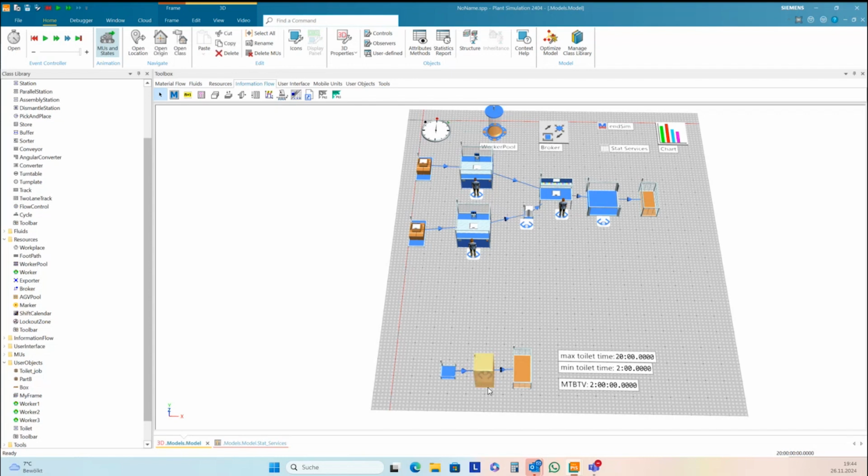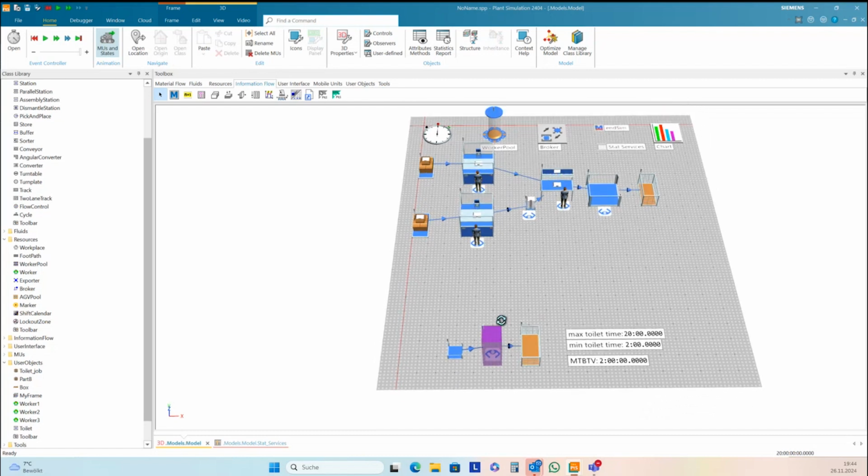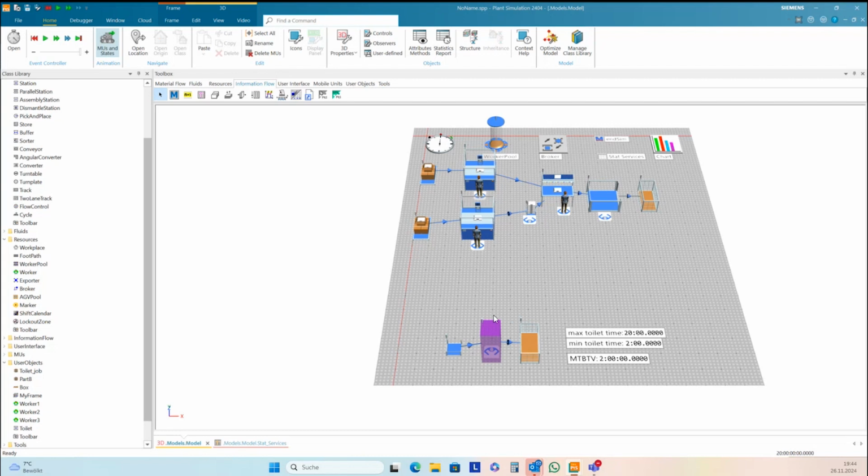This could also be a coffee machine or a telephone or some place where you have to help some other guy, or there are so many cases where you have random influences for the worker.